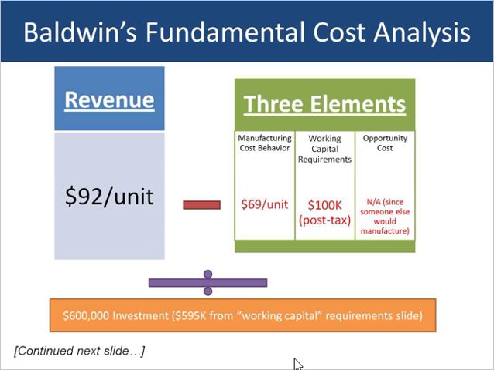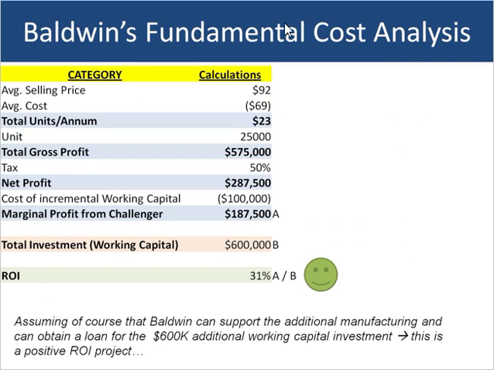Then there are opportunity costs disregarded in this particular instance. And the P&L for this new Challenger project looks really attractive. If you look at it, you have a gross margin of $23, and you are assuming you are going to sell 25,000 bikes, so that's how you get to gross profit of